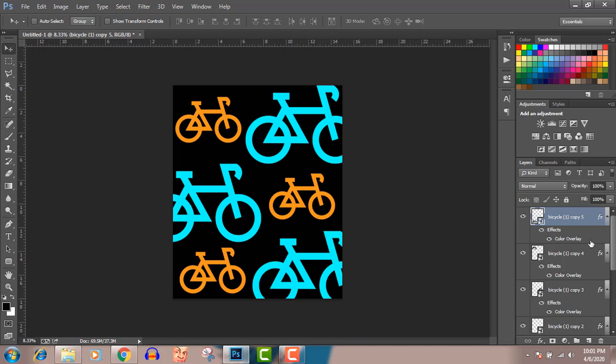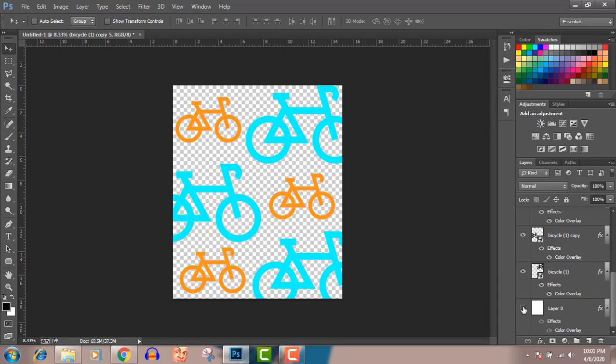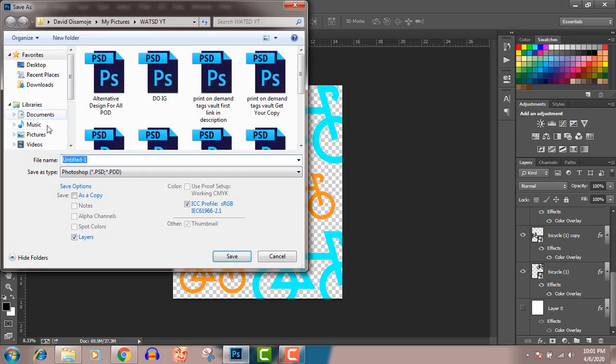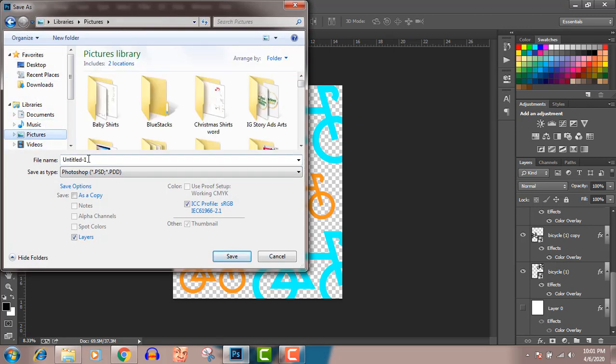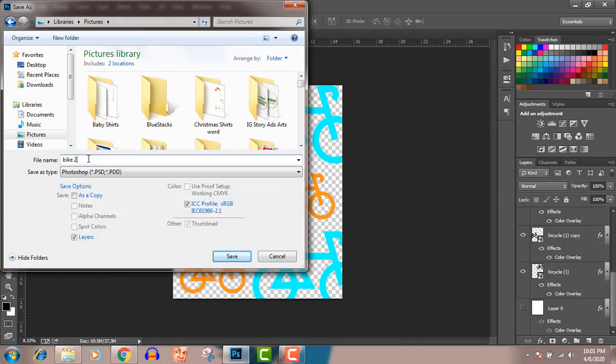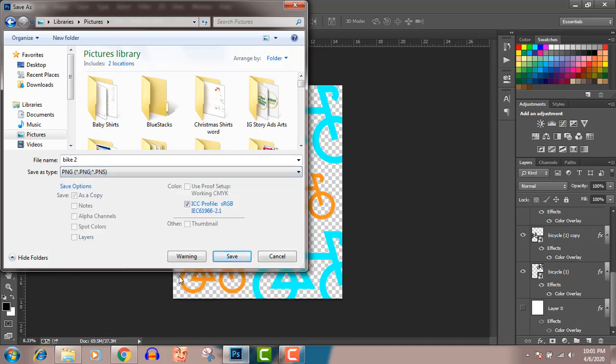So now I can decide to put off this background, and I'll still have my designs up. Now I'm just going to save this as bike, save as, go to pictures, go to bike 2. You can already have a full one, so I'll save it as PNG, which is very important if you want to get your design without the background, because you want to put it on so many colors of shirt. You want to give your customers colors to pick from. This is how you make a lot of sales from